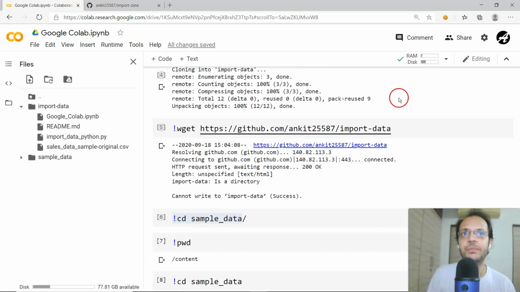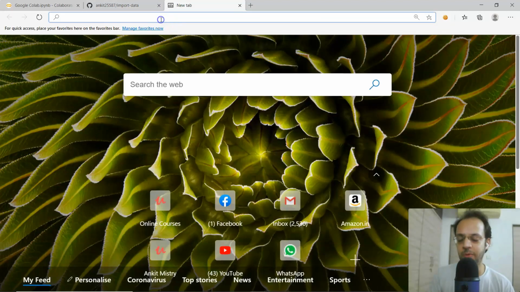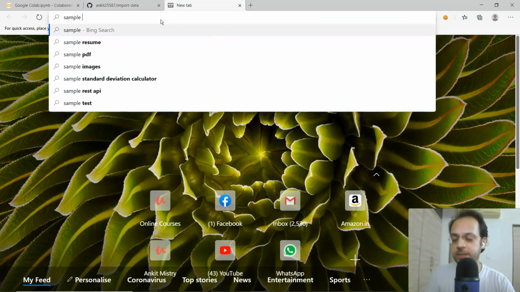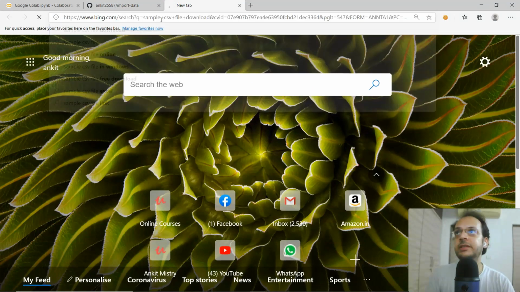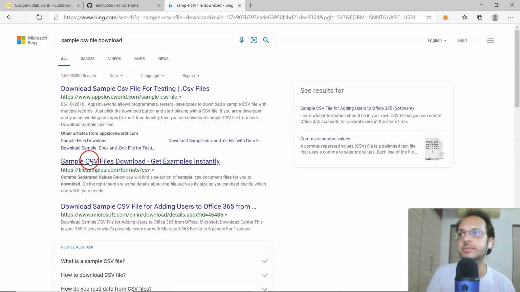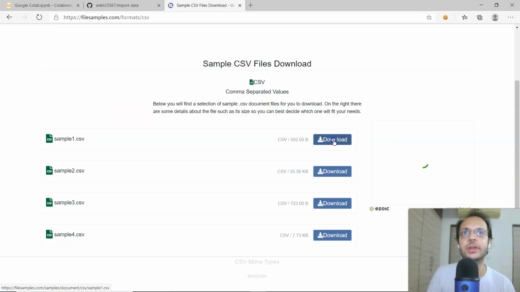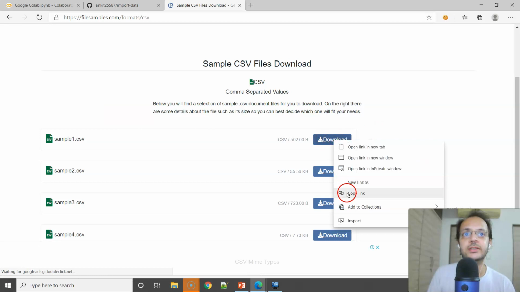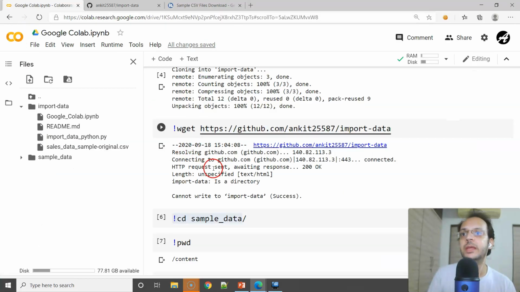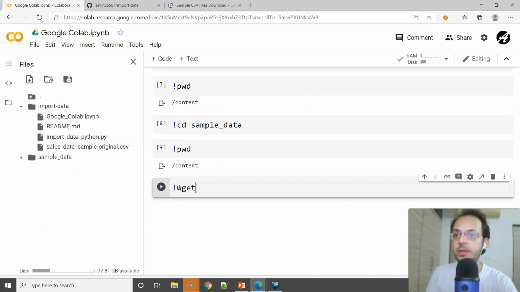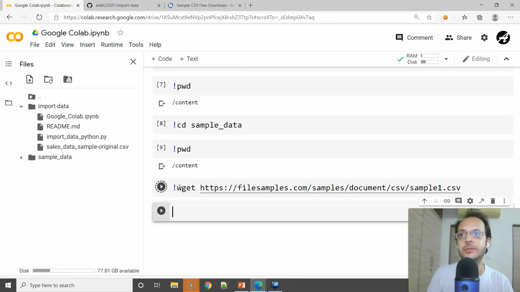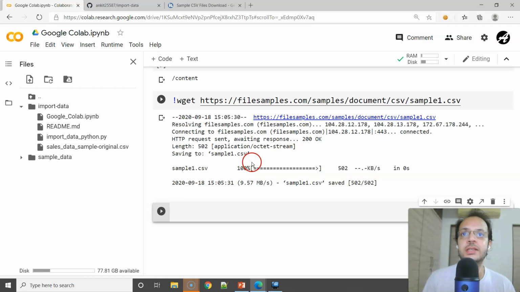So what I can do, let me give one more sample CSV file, and we'll just provide the path of that CSV file. So for a sample CSV file, I'm just going to take it from here. Yes, I think this one is good enough. So yes, it is a correct one. So I can just simply copy it from here. Let me just do wget, so wget and the full path. Alright, and you can see sample1.csv file got downloaded. Let me refresh this file system on the left hand side, and you can see the sample1.csv file appeared.